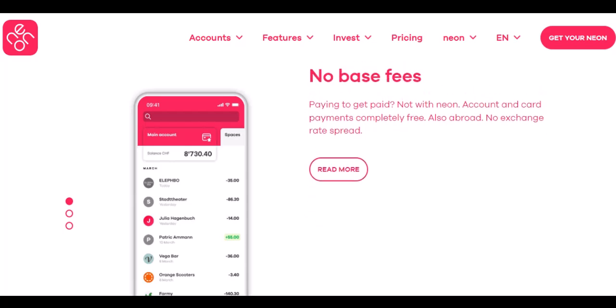Neon is a game-changer for anyone who wants to simplify expense management. It's free, user-friendly, and packed with features that can help you gain control of your finances and make smarter spending